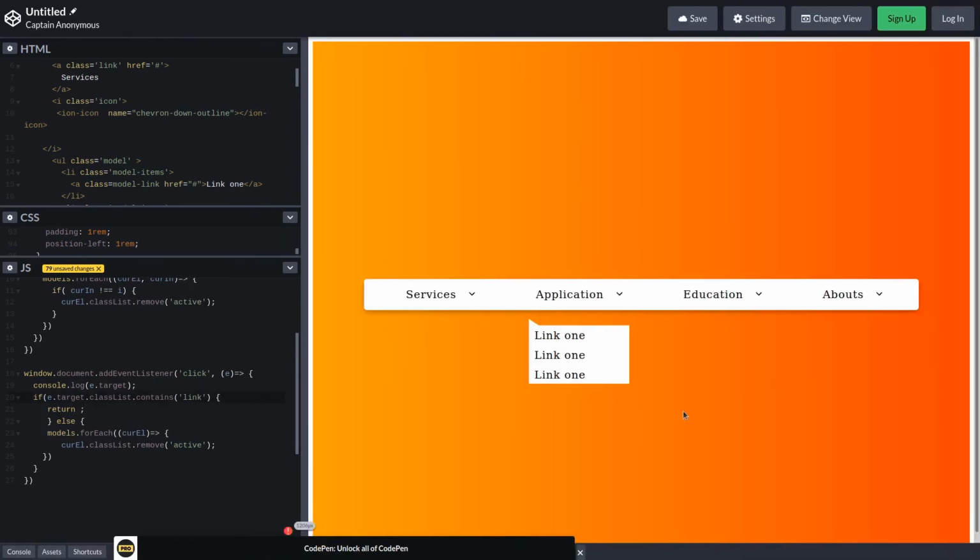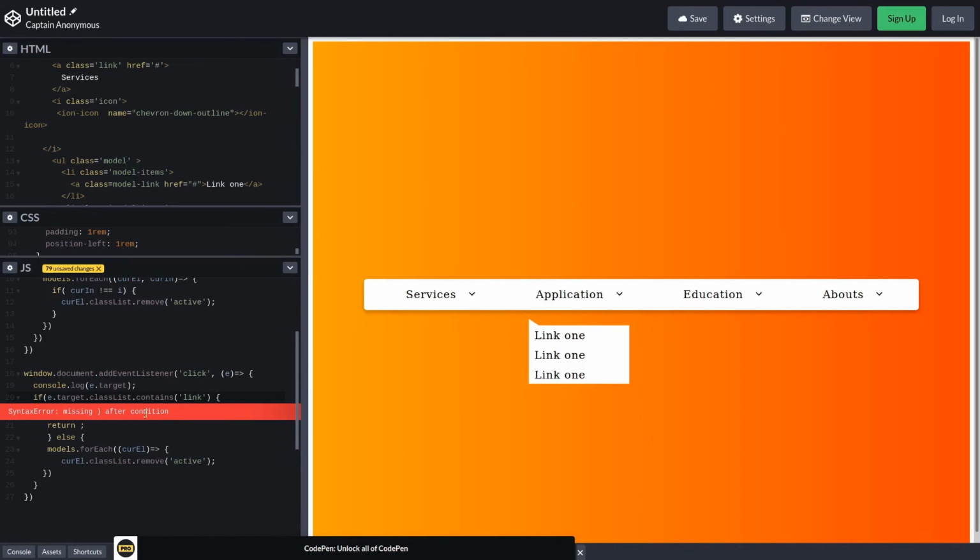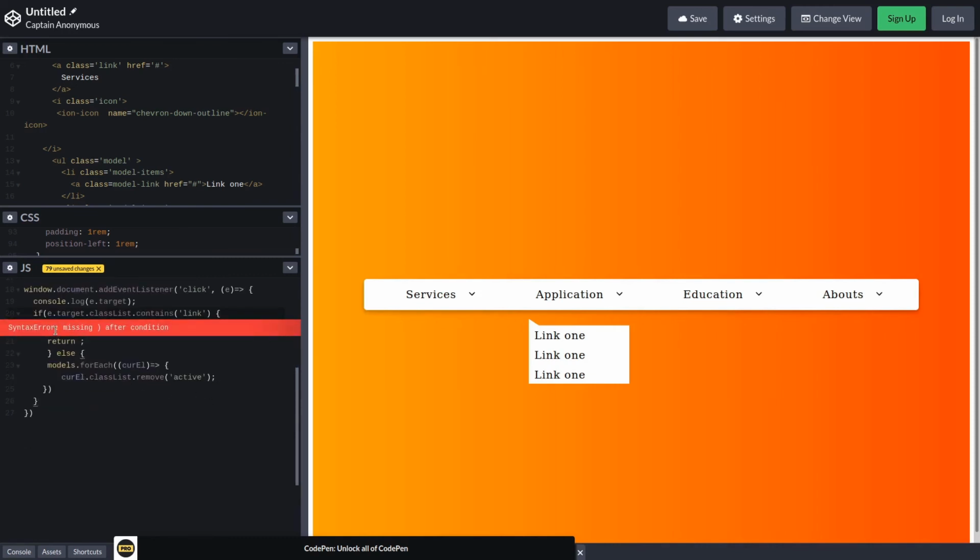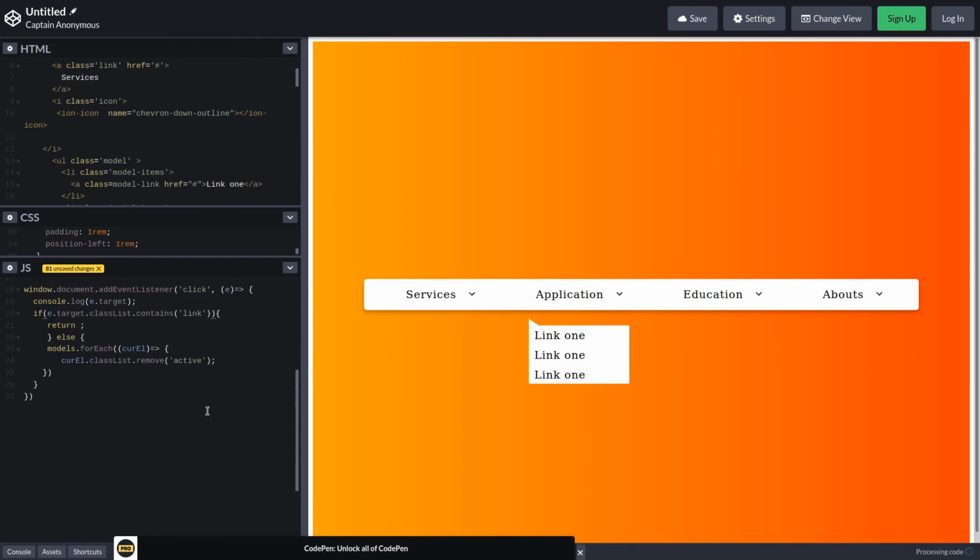Now check this out. There is a bug. Okay, where is the bug? e.target.classList.contains this. Now save. Now guys, it's working. Okay, now it's done.